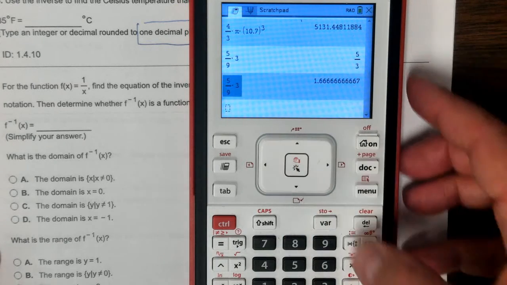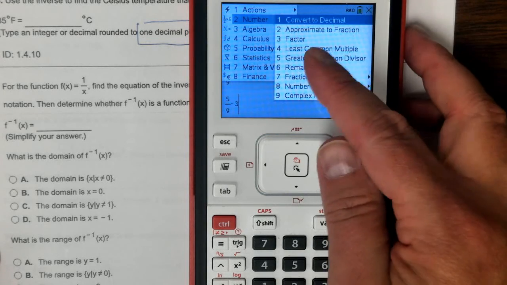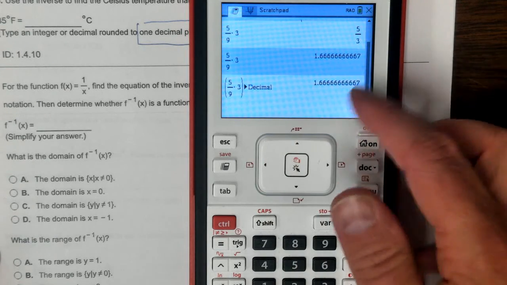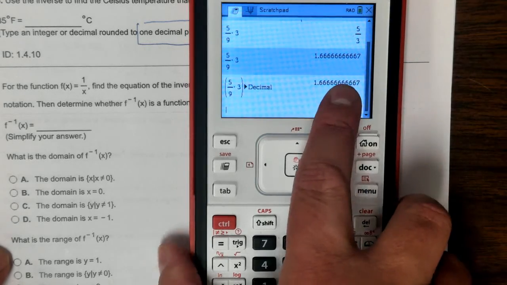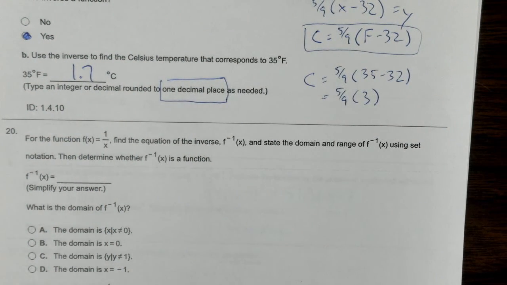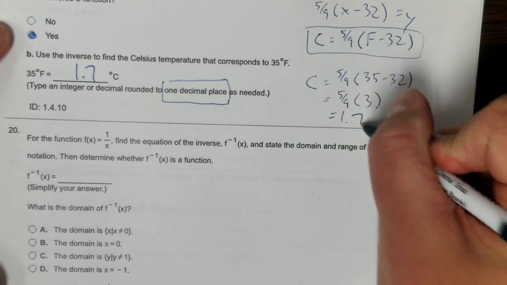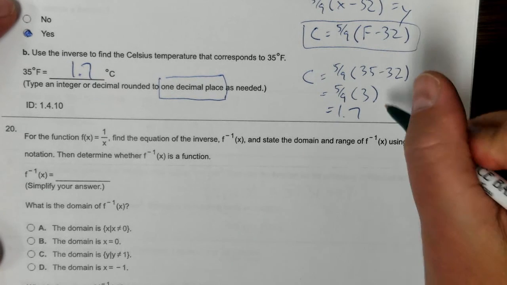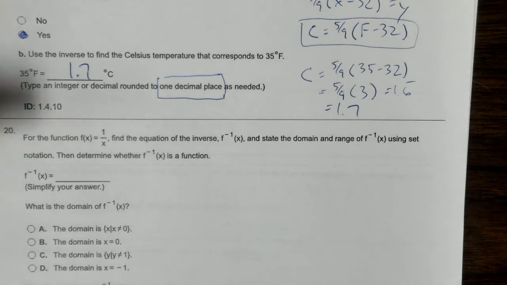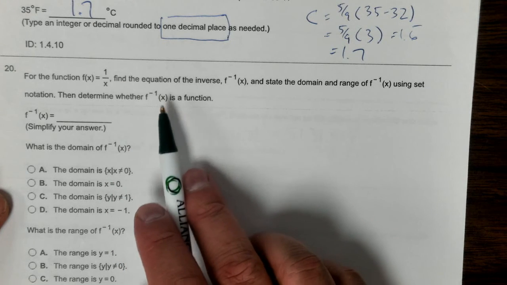The other way to do it besides control enter is if you go to menu, number, convert to decimal, and it looks like that, and you get the same thing. So if we convert that to a decimal, this is 1.7. Okay, because this was 1.6 repeat, because that was 5/3. Okay, anyway,